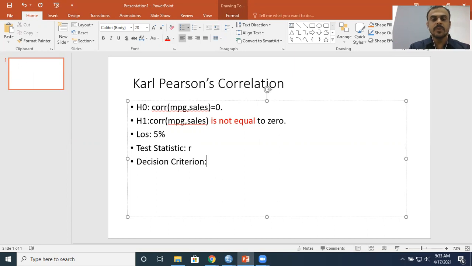What is the decision criteria? Now, it is a very simple rule of thumb. Get the p-value. So far, we don't have the p-value. We need a software for it. We need either SPSS or we can use R programming or Python to get the p-value. Once you get the p-value, compare it with your level of significance, right? If p-value is less than 0.05, you just simply decide to reject your null hypothesis. Very simple. If p is smaller than 0.05, you reject your null hypothesis, right? Now, what if you get the opposite?